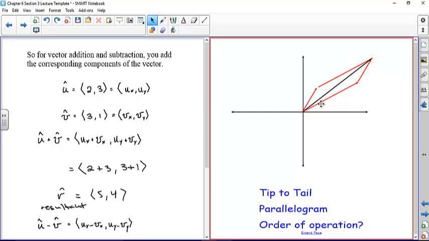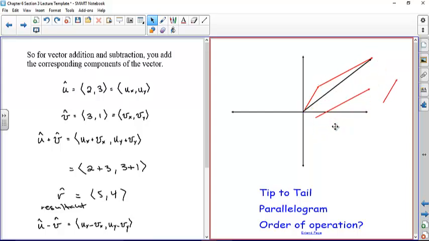Or you could do it the other way. You could take this vector as your first vector, add the second vector tip to tail, and you can see that you get the same resultant vector. It doesn't matter. So the order of operation is not important, meaning which one we do first. u plus v equals v plus u. Now u minus v is not v minus u, but negative v plus u would be equivalent. So that's, if you only look at half of this, this would be what we'd call the tip to tail